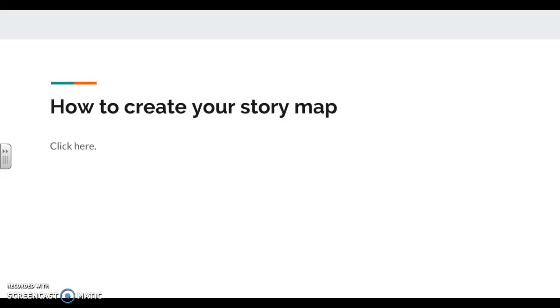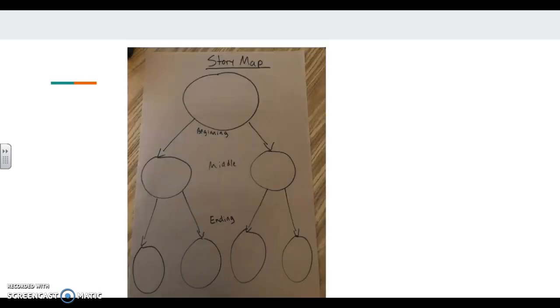I'm going to talk to you today about how to create your story map for your Choose Your Own Adventure. So you can take a piece of construction paper like I did, and you can draw some circles. This would be the beginning of your story, and then I have arrows that show where a choice can be